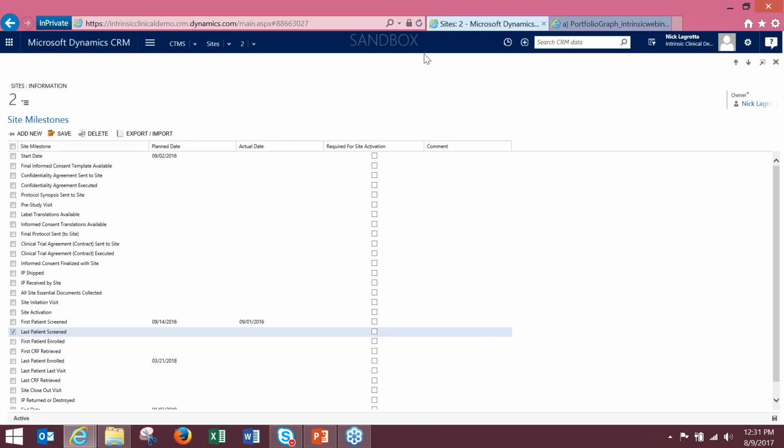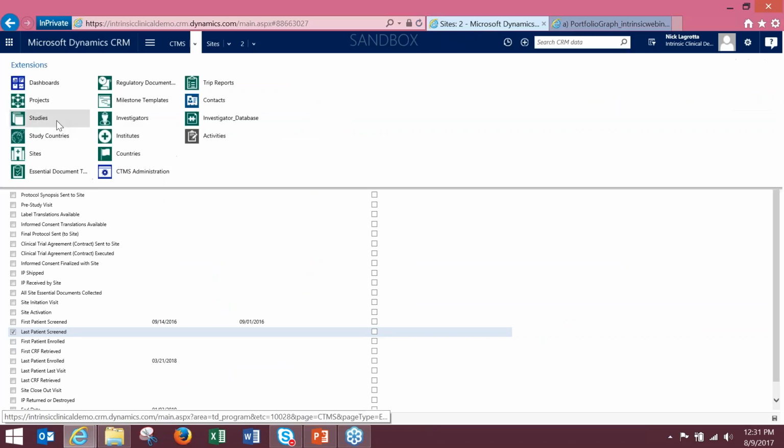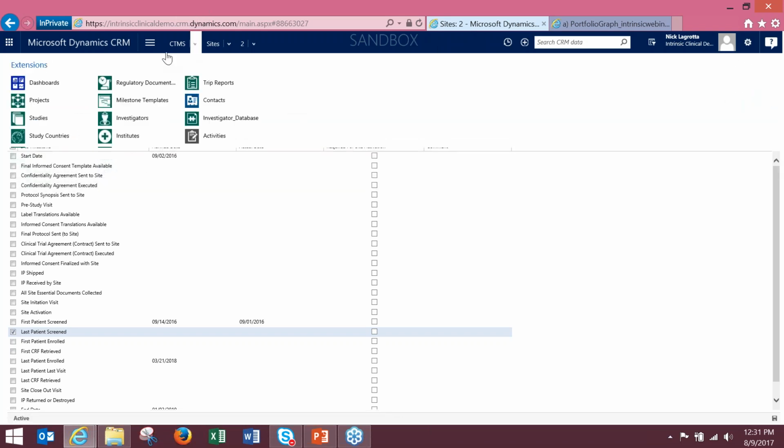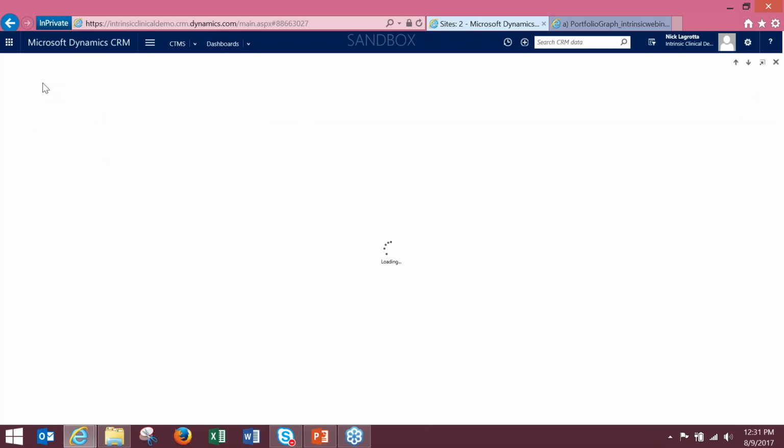The system comes with out-of-the-box reports that you can access. If you go up to the general entities drop down and click on the dashboards, here's where you can see all of the visualizations that are in the system. As this is our demo environment, you're going to see a few more because they're things that we're